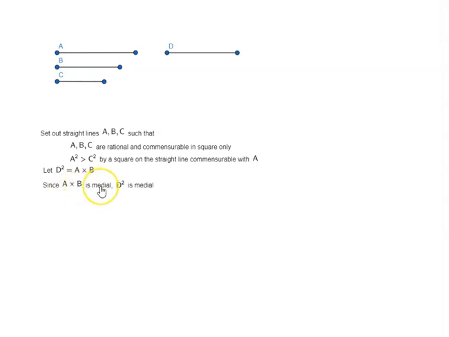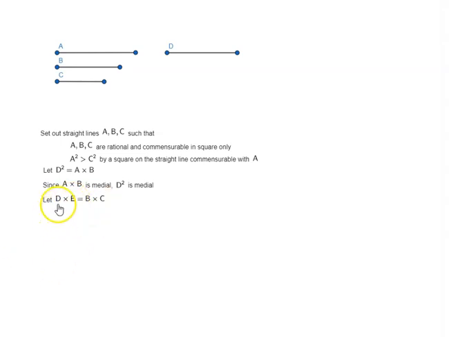Since A by B is medial. Now, how can we say A by B is medial? Because they are two straight lines, rational and commensurable in square only. So they are medial, which means because of this equality, the square on D is also medial. Now, next is to find